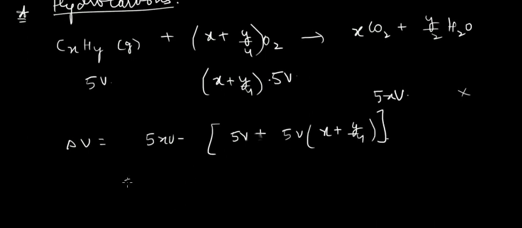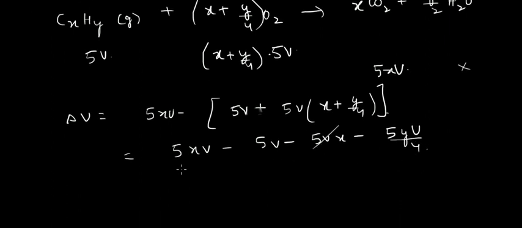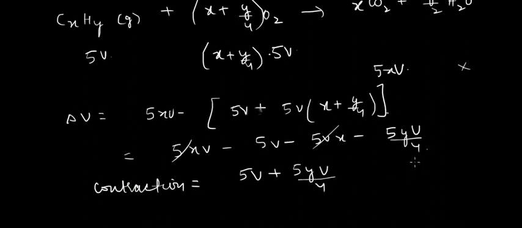I forgot the V here. So we can see that it is a case of contraction, with this as the delta V. So the contraction would be the modulus of this, that would be 5V plus 5yV by 4. Okay, so this is the volume contraction in case of